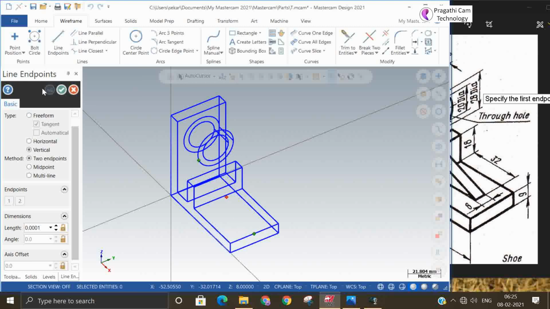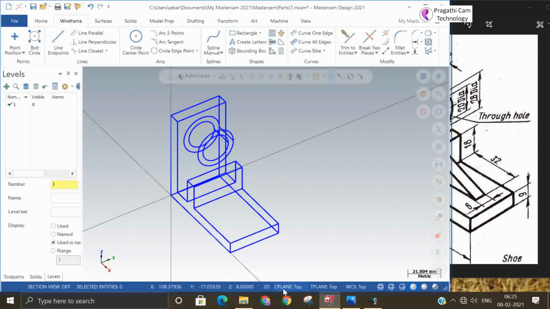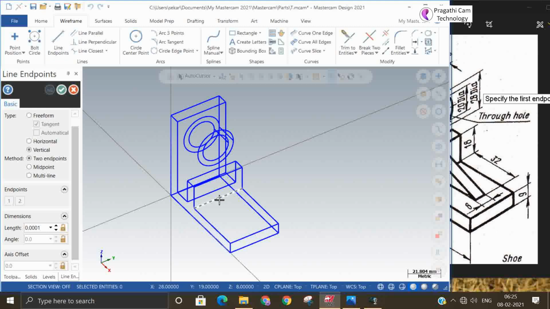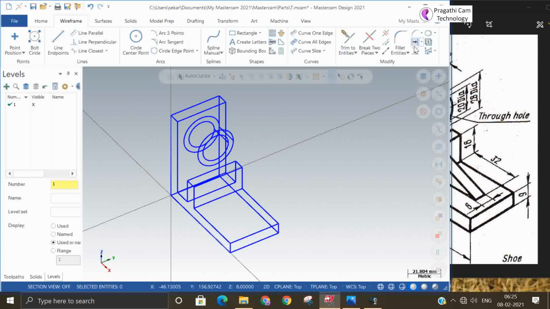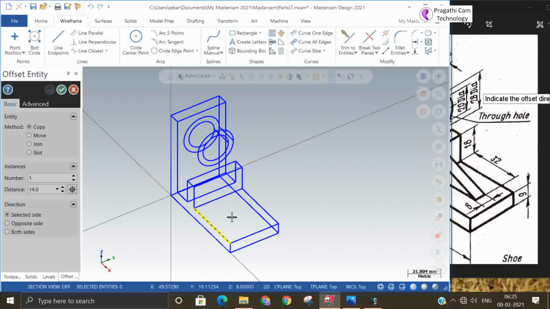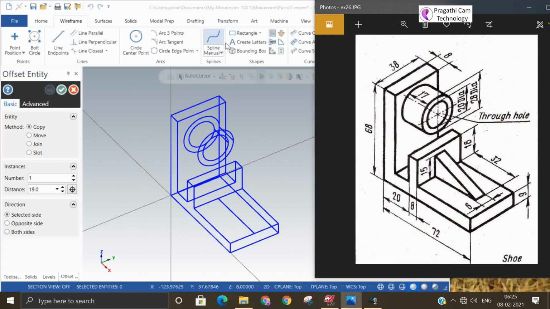So from this line, it is not getting selected. So you can offset this line also. Okay, 38 divided by 2. So the center line has come.